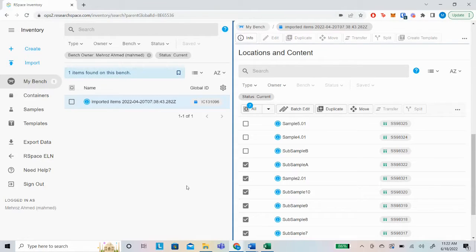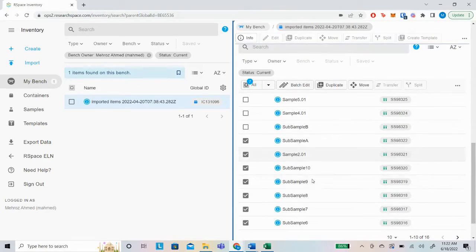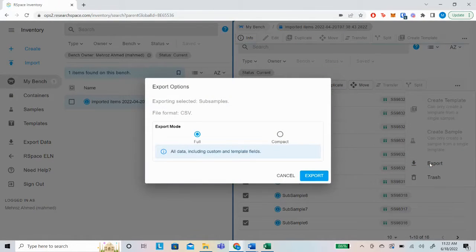Let's get started and try to export some subsamples and samples over here into a CSV file. Let's go ahead and finish selecting them all, and then we'll head over to the More Actions button. Click on Export, and you'll be given two options, Full and Compact. The Full option will also include custom and sample template fields. Let's go ahead and click Export,